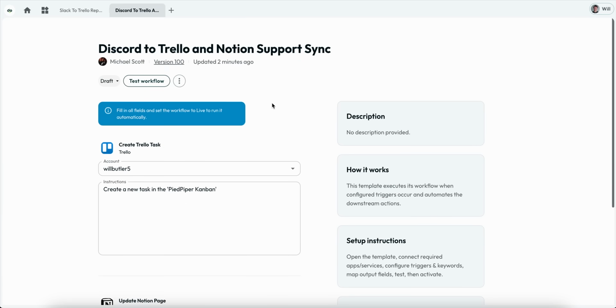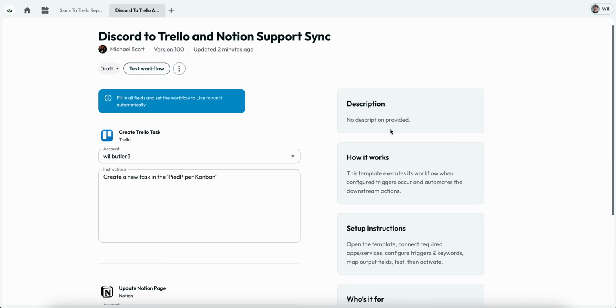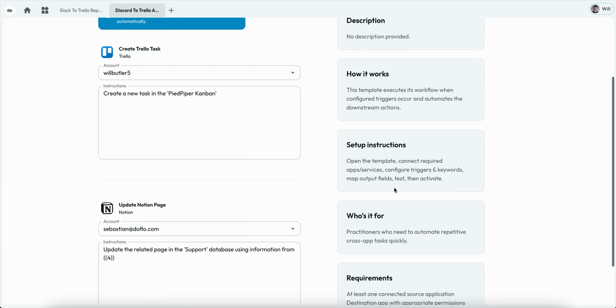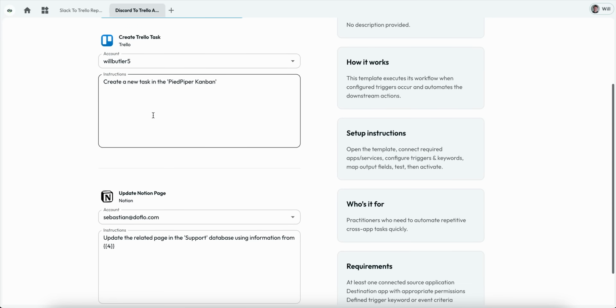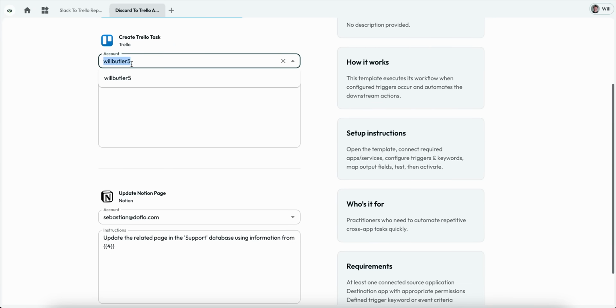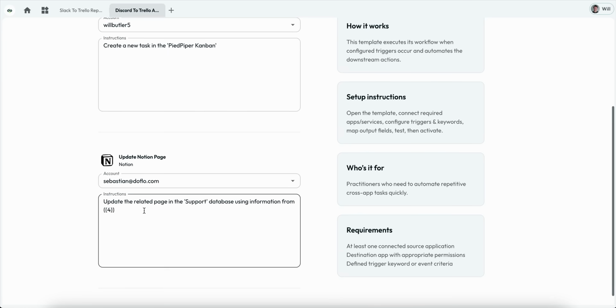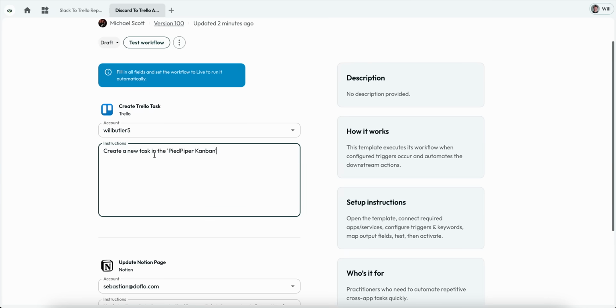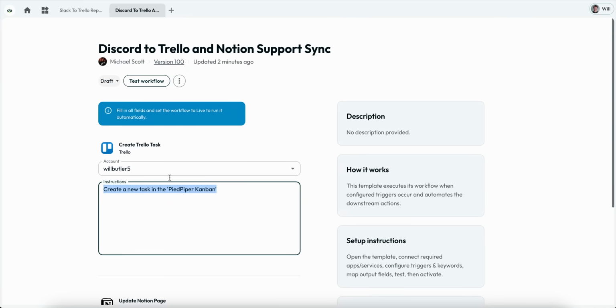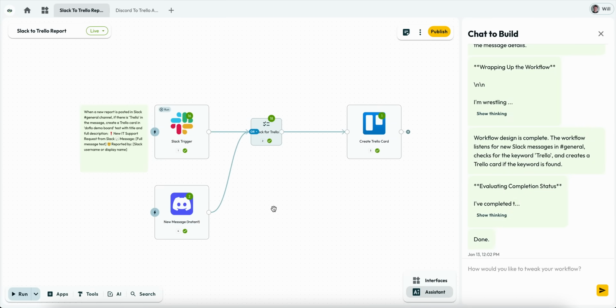And then this is what a non-technical user would see, something like this, which I made earlier, where you'd have more of a description as to what the template is, you'd describe how it works, etc. But basically, it's just a form. So they would need to log in with their account here, and I can show you how to do that in a sec. And then they just fill out certain variables in these fields, and that's it. This is their workflow. So I've kind of been playing around with it a little bit, and it feels really